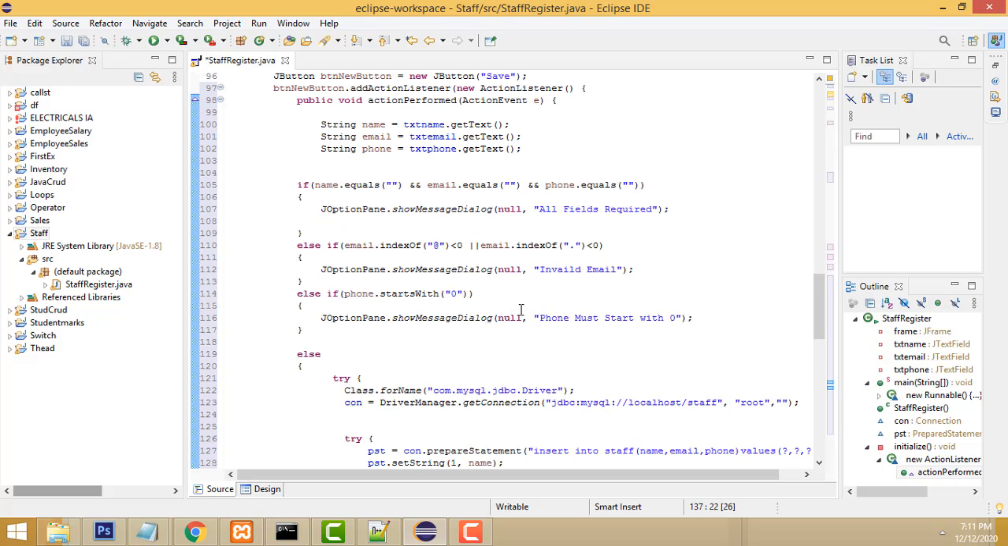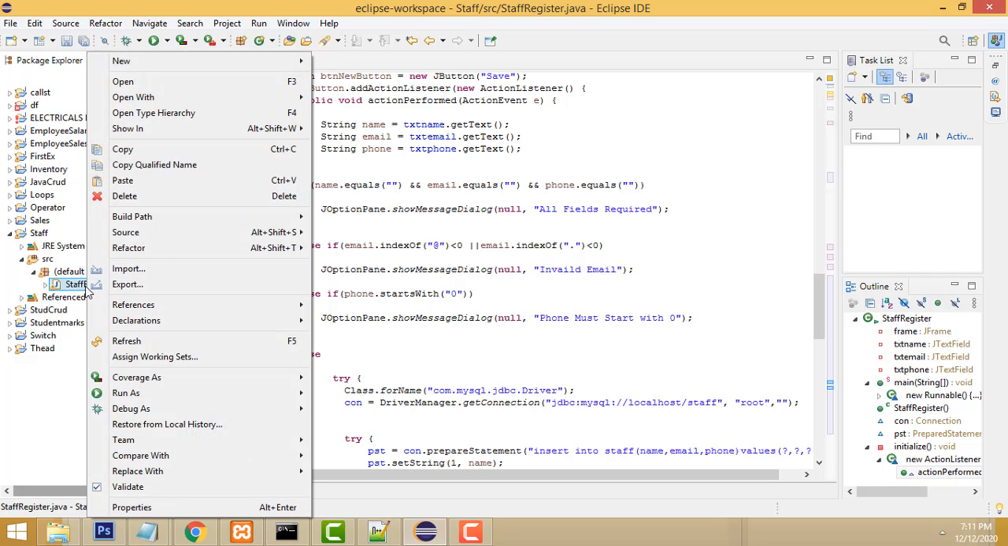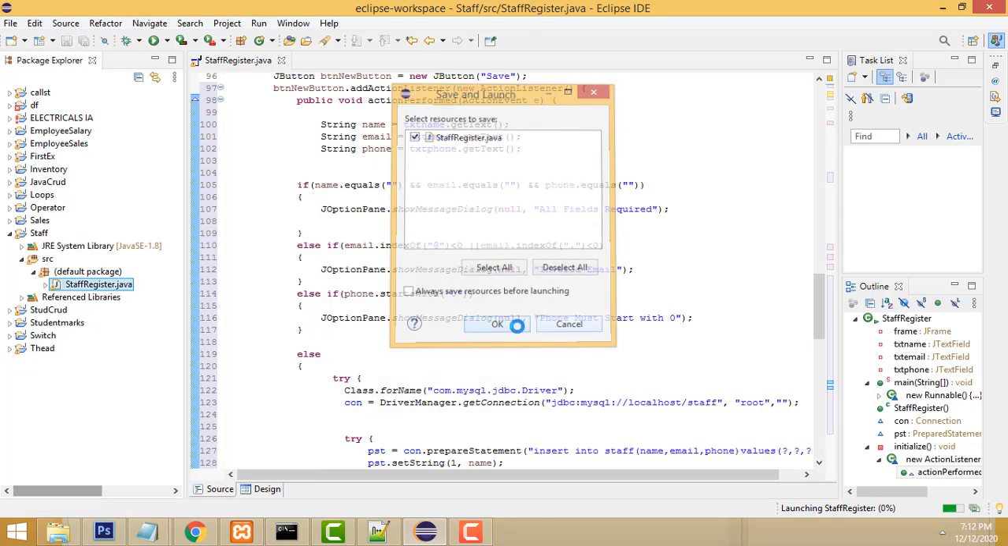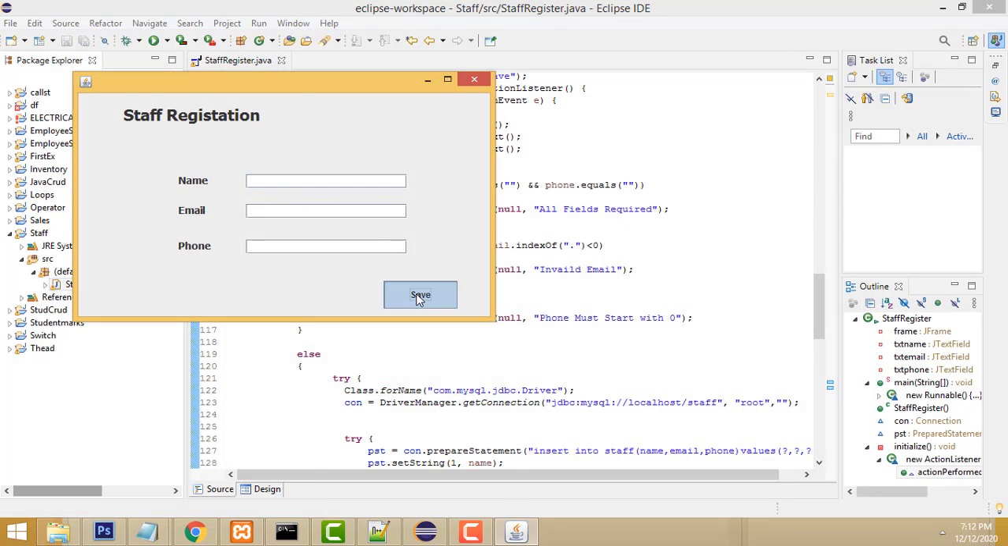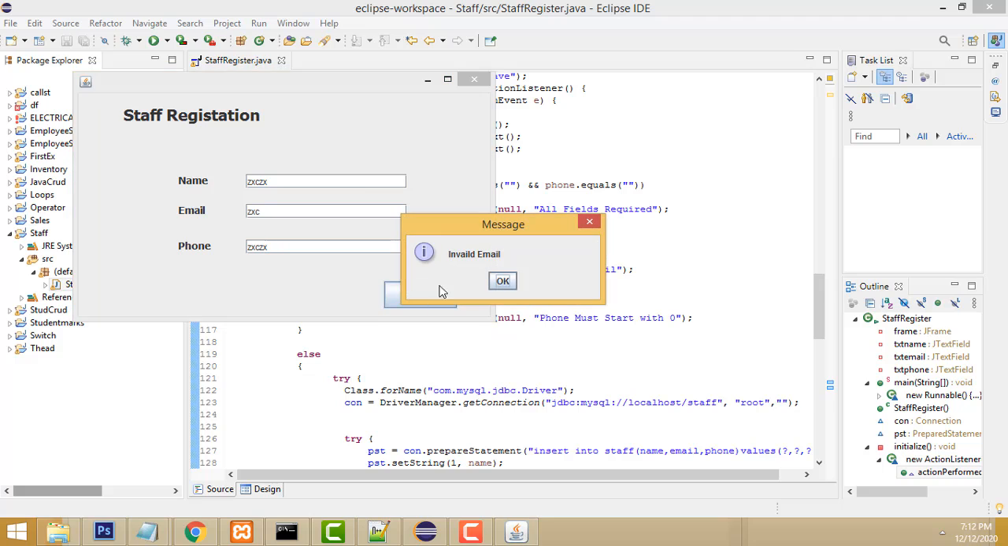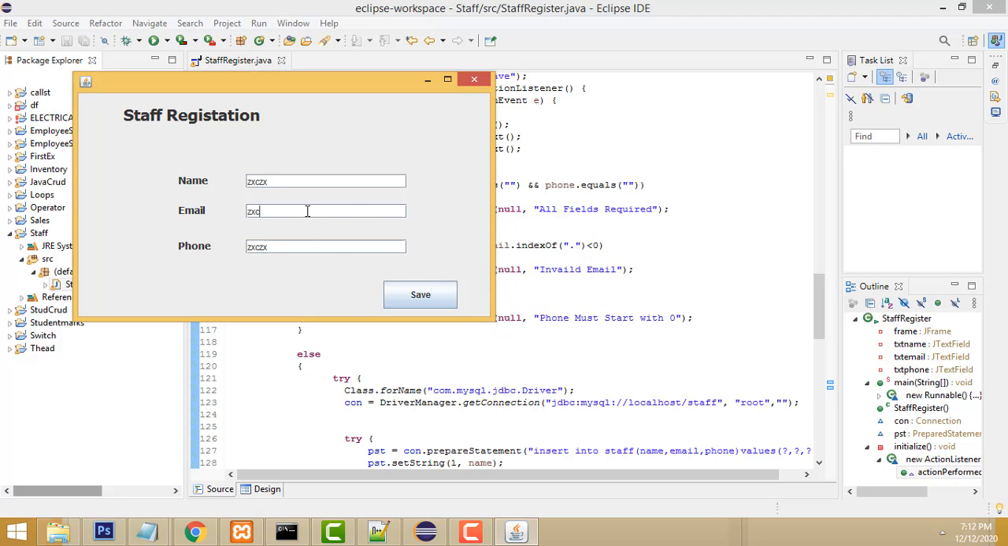Let's go to the staff registration. We have to run the Java application file, compile and run. If you leave everything empty, it says all fields are required. If you have typed something else and click here, it says invalid email, line by line. If you enter the email kg at gmail.com,